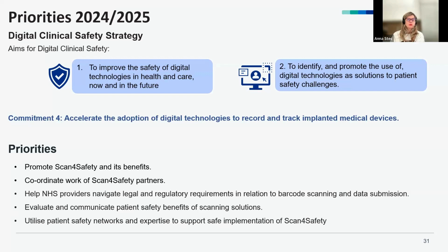Specifically, Commitment 4 talks about accelerating adoption of digital technologies which record and track implanted medical devices, and that's where the link to Scan4Safety is. As part of that work, our priorities continue to be to promote Scan4Safety and its benefits, to coordinate the work of our partners, and to help NHS providers navigate legal and regulatory requirements in relation to barcode scanning and data submission, because the NHS system is so complex and we know that things are changing rapidly. Legislation and governance are changing very frequently,